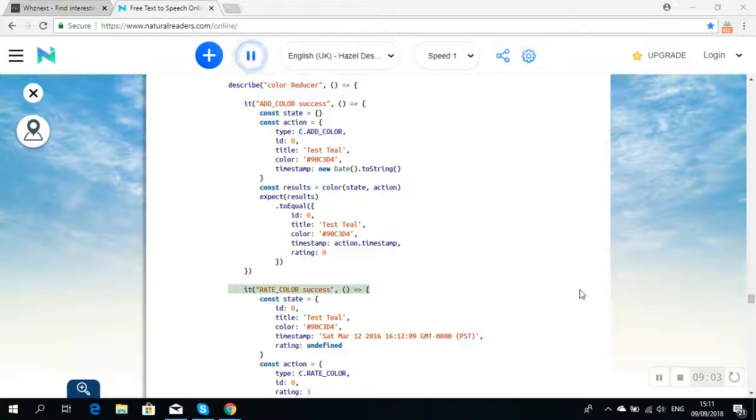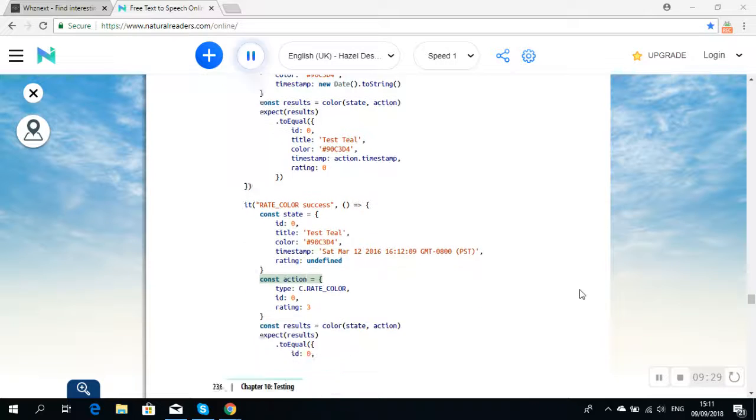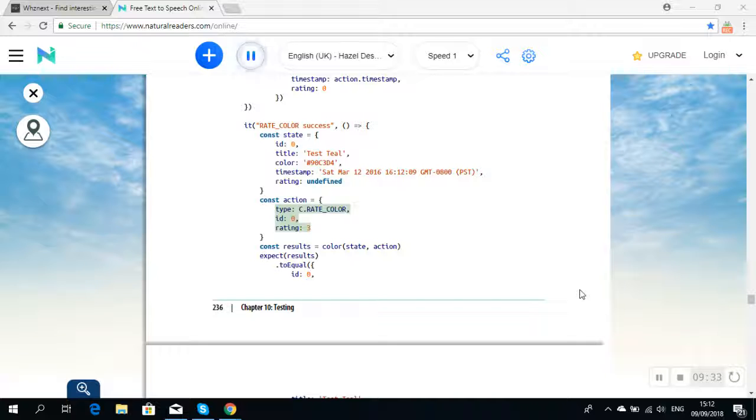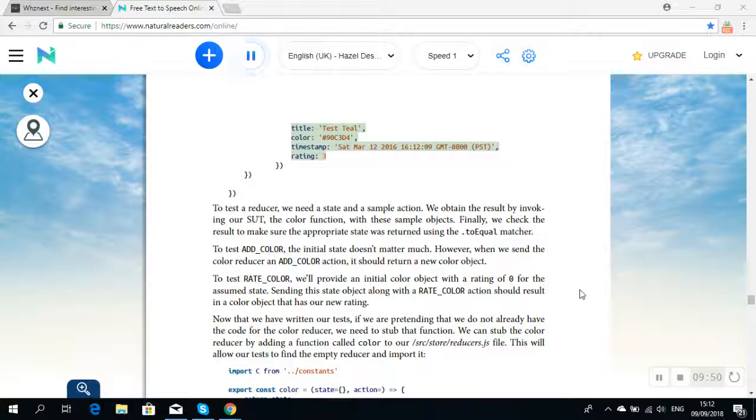it('rate color success', ...) { const state = { id: 0, title: 'test teal', color: '#90C3D4', timestamp: 'Sat Mar 12 2016 16:12:09 GMT-0800 (PST)', rating: undefined }; const action = { type: C.RATE_COLOR, id: 0, rating: 3 }; const results = color(state, action); expect(results).toEqual({ id: 0, title: 'test teal', color: '#90C3D4', timestamp: 'Sat Mar 12 2016 16:12:09 GMT-0800 (PST)', rating: 3 })